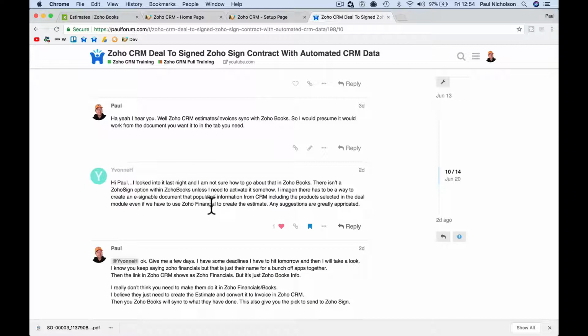You're saying that you want the actual quote details on the contract, and it is funky. And you've put here there isn't a Zoho Sign option with Zoho Books. That's correct. I imagine a way to create an e-signable document that will populate with information from CRM, including products selected in the deal module, right? So